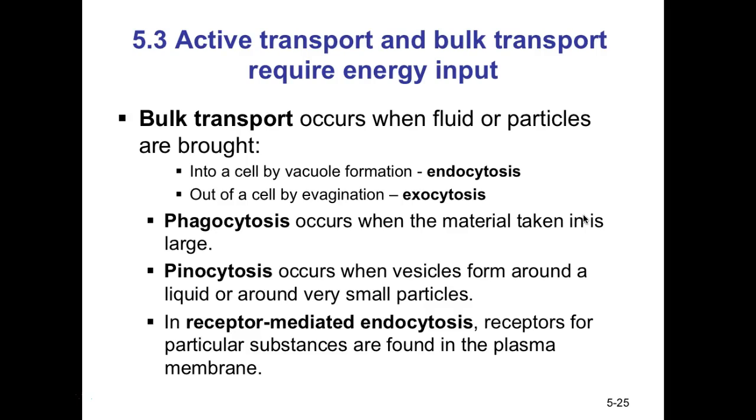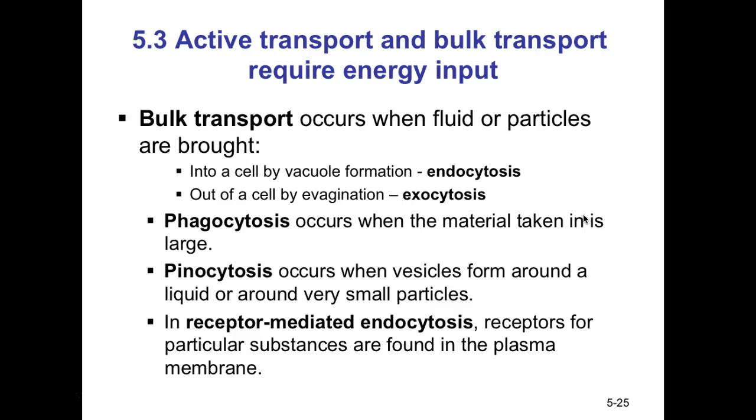The other type of active transport is bulk transport. Bulk transport is when you're going to move fluids or particles. They can be either brought into the cell or moved out of the cell. This process would be known as endocytosis or exocytosis. Endocytosis is when molecules or substances are being brought into the cell. Exocytosis is when molecules or substances are being pushed out of the cell. Basically, in endocytosis, it's being brought into the cell by a vacuole formation, or in exocytosis, you're going to have a vacuole or vesicle push up against the cell wall, and it's going to be out of the cell by